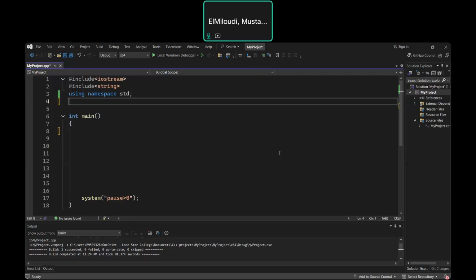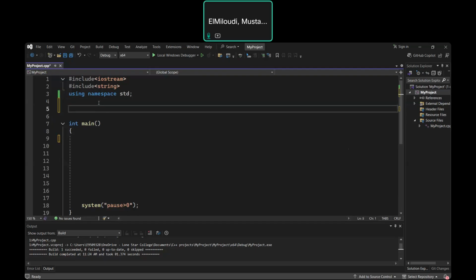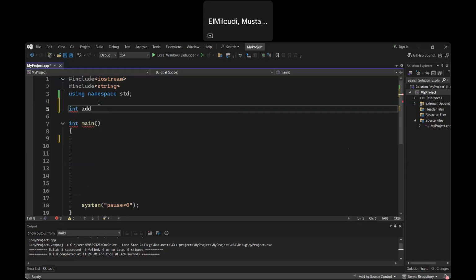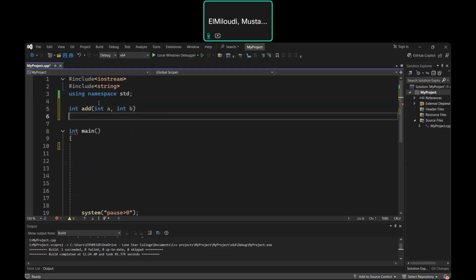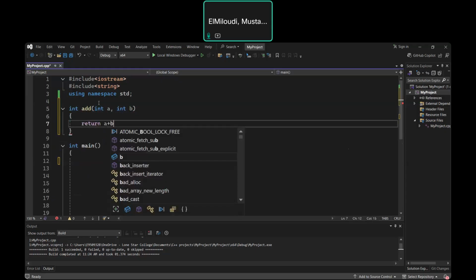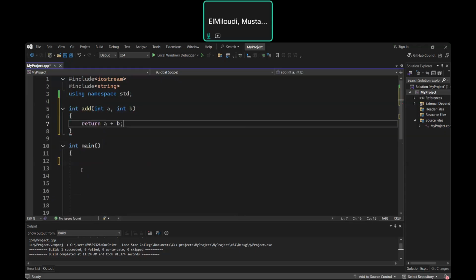So just a quick reminder, a function is a set of statements that perform a specific task. For example, we can create a function that just adds two numbers. This is an example of a function add. It takes two parameters, both of them are integers, and then it returns the total, a plus b. Okay, and then we also talked about